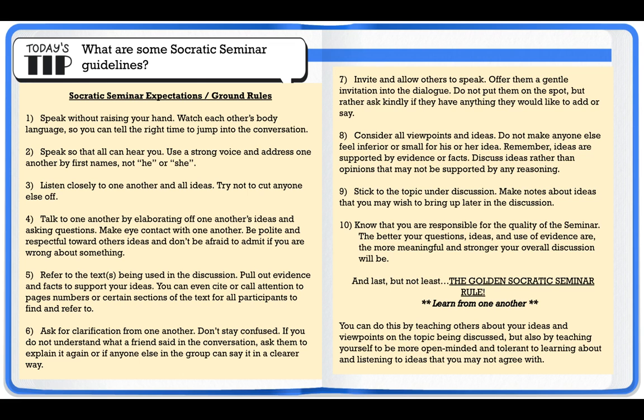So it's important to set guidelines for a Socratic seminar with your class, and you can certainly use many of these same guidelines even with your students if you're going to do this activity just in small groups. So at this point, you can certainly pause this video to take a look more deeply at the Socratic seminar expectations and ground rules. But to go over a few together, the first one speaks about students not having to